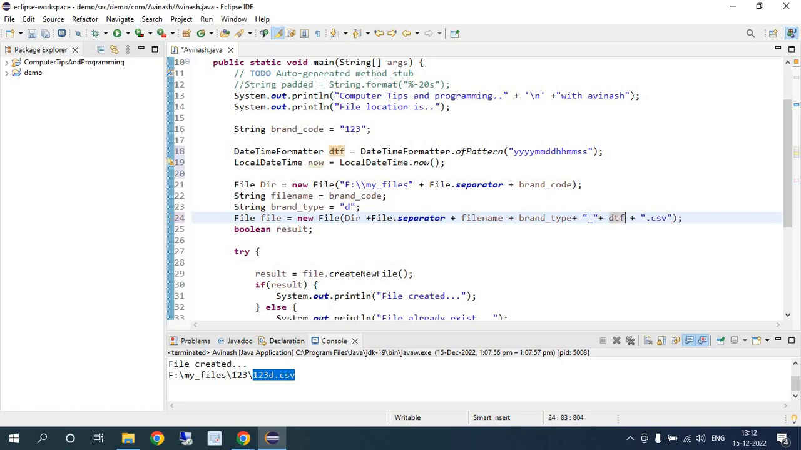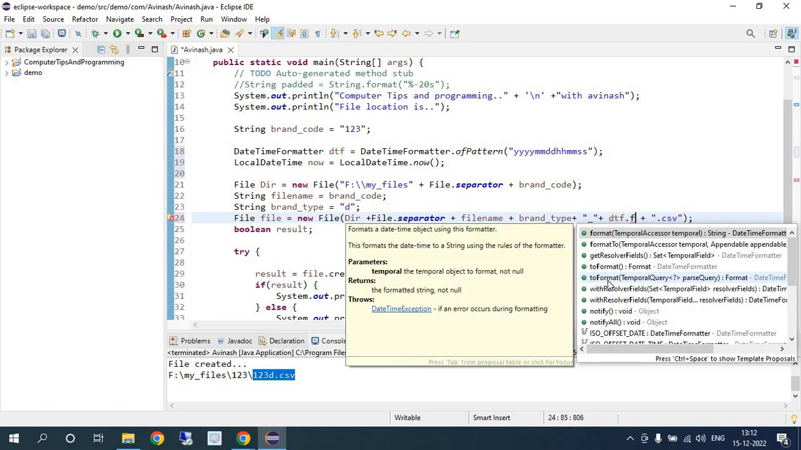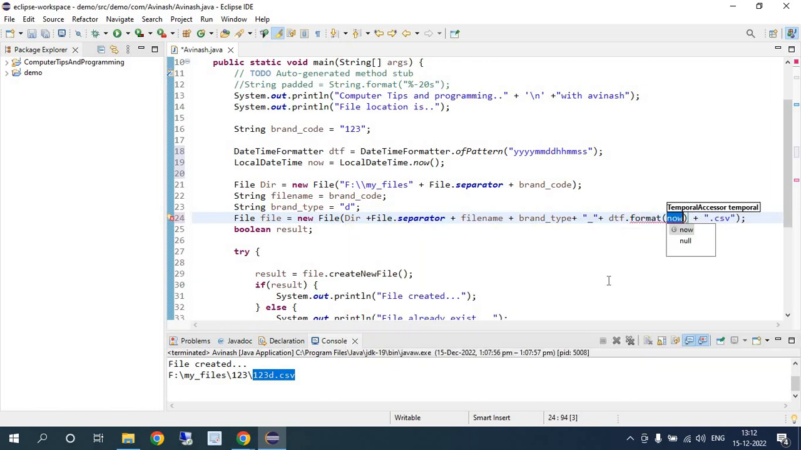DTF dot format. Okay, and now, understand? Now save it. So let's understand what we did here. We just wrote a datetime formatter. I also gave the pattern, which type of pattern I want, and after that I took the